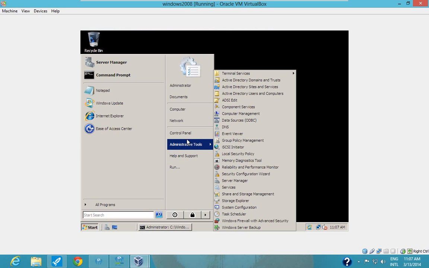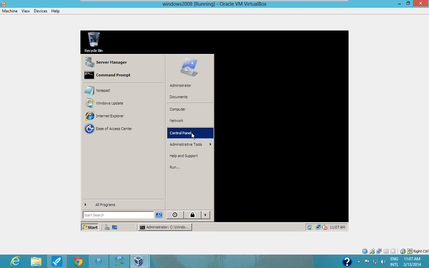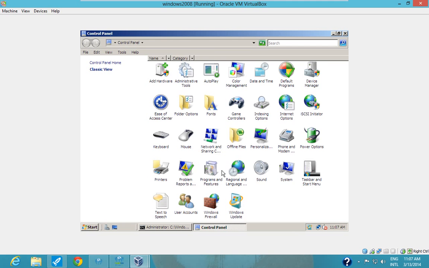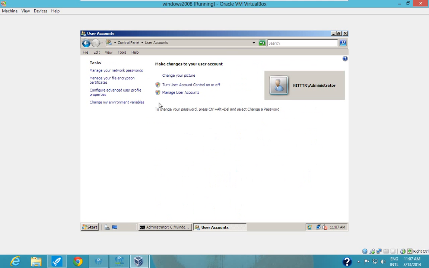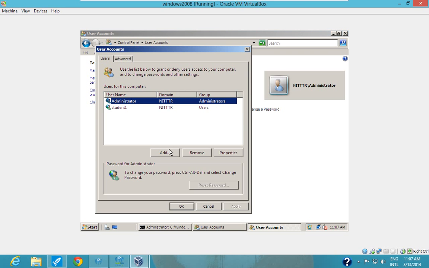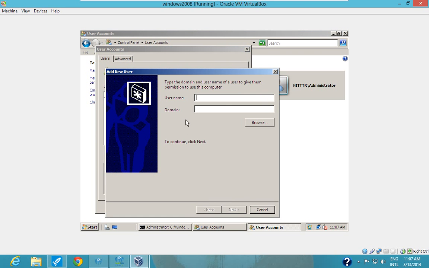Now you can see our domain is ready and a lot of options are there. And if you want to create the user, we cannot create from the control panel. Now if we go to the control panel and click on the users, we see: turn user account control on or off, manage user accounts. So if you want to add